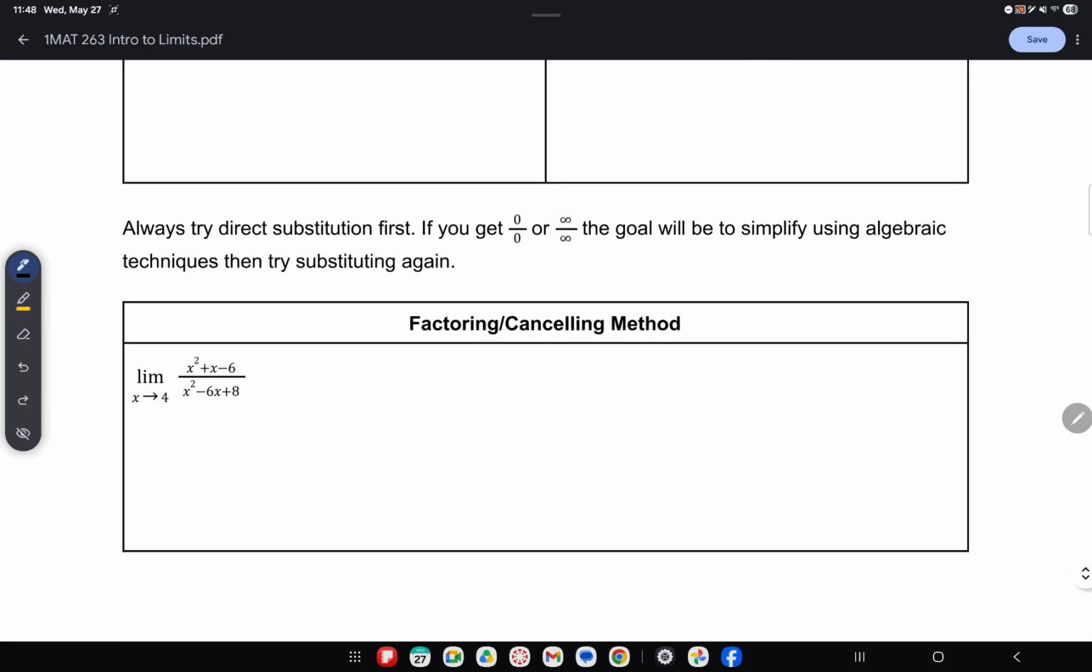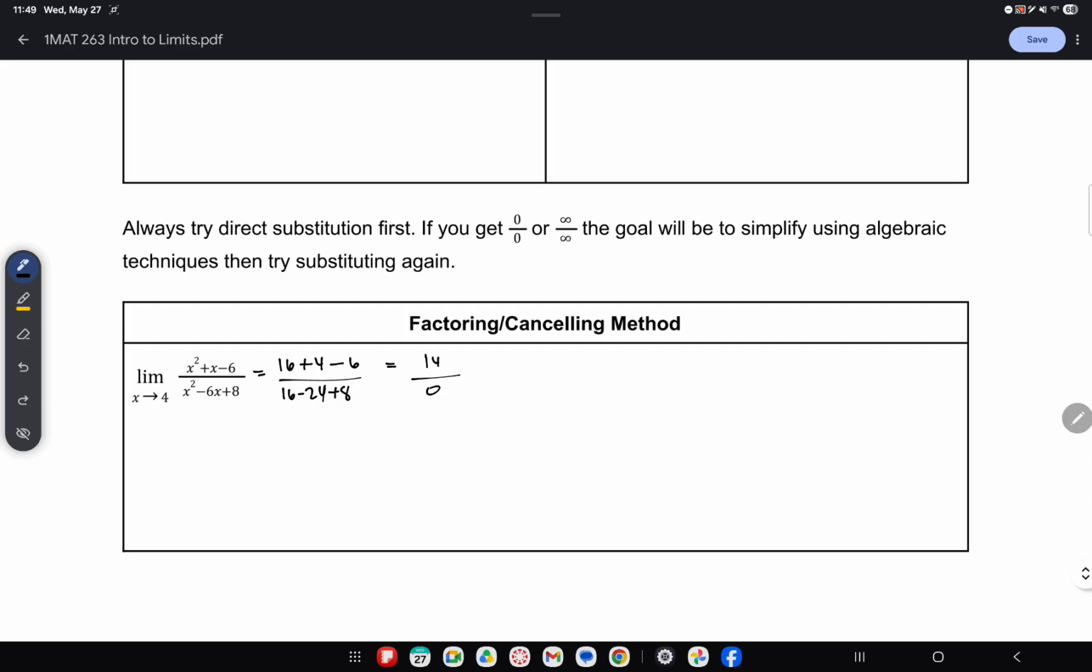So, okay, if we get 0 over 0 or infinity over infinity, the goal is to try and simplify. So, always try the direct substitution first. So 4 squared is 16 plus 4 is 20 minus 6. 16 plus 4 is 20. 20 minus 6 is 14. And then 4 squared is 16. 4 times that is negative 24 plus 8, which is going to give me